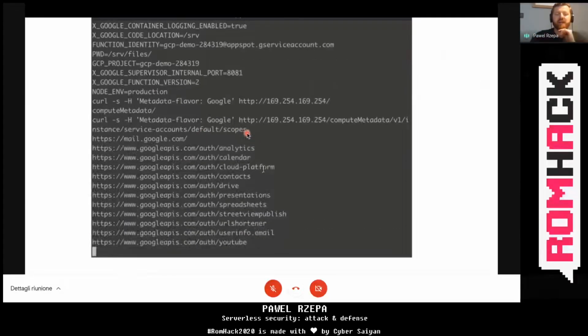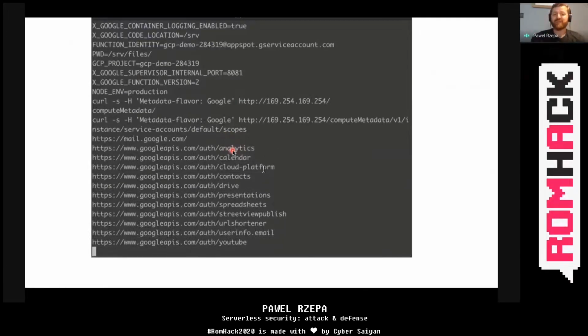As you can see, in this endpoint of the metadata service, you can see the scopes of the service account that is attached to this GCP function. And here is the default configuration, which means you are using the editor role. So it gives you full editor permissions to the calendar, contacts, Google Drive, and the cloud platform, meaning all resources in this particular GCP project.